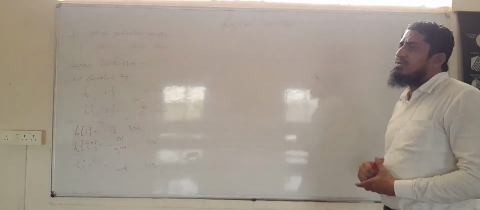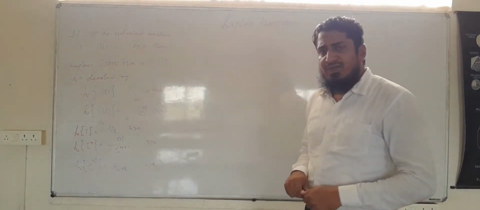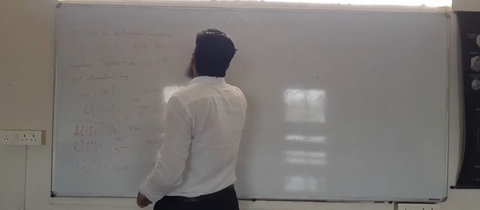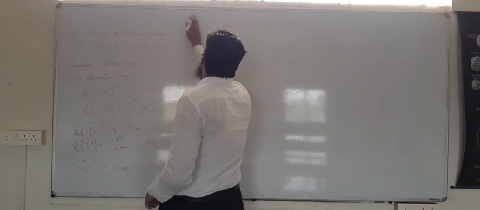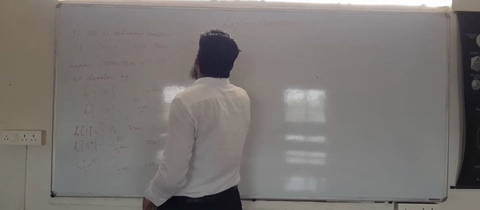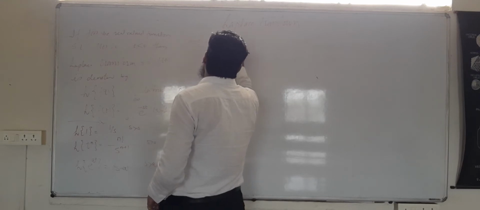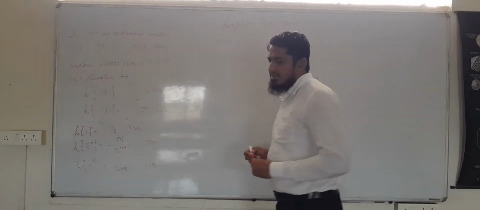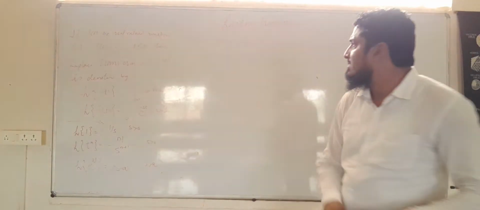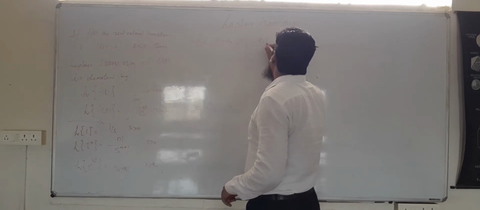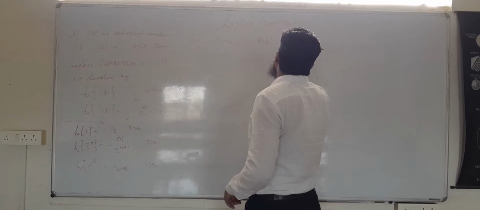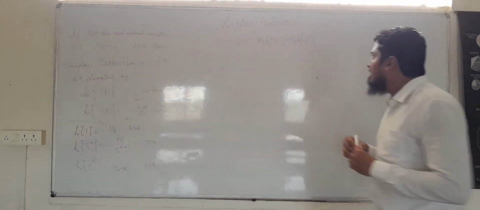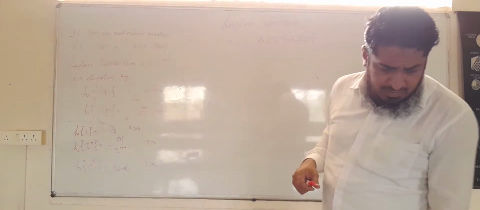After that, we have seen about the properties of Laplace transform, in which we have seen the linearity property: Laplace transform of a1 f1(t) plus a2 f2(t) is equal to, taking a1 outside, a1 times Laplace transform of f1(t) plus a2 times Laplace transform of f2(t). Correct? After that, we have seen about